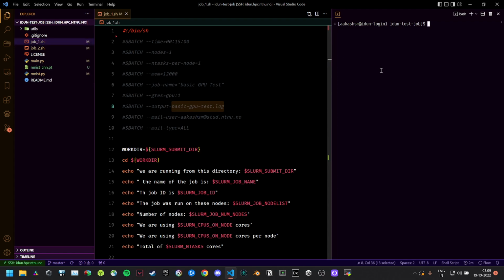A word of warning, don't do things like this. This will run the script directly, and this will be the exact same thing that I asked you not to do, which is running computation tasks on the login node. What you want to do is you want to use Slurm. Slurm is the scheduler that at least Idun is using,